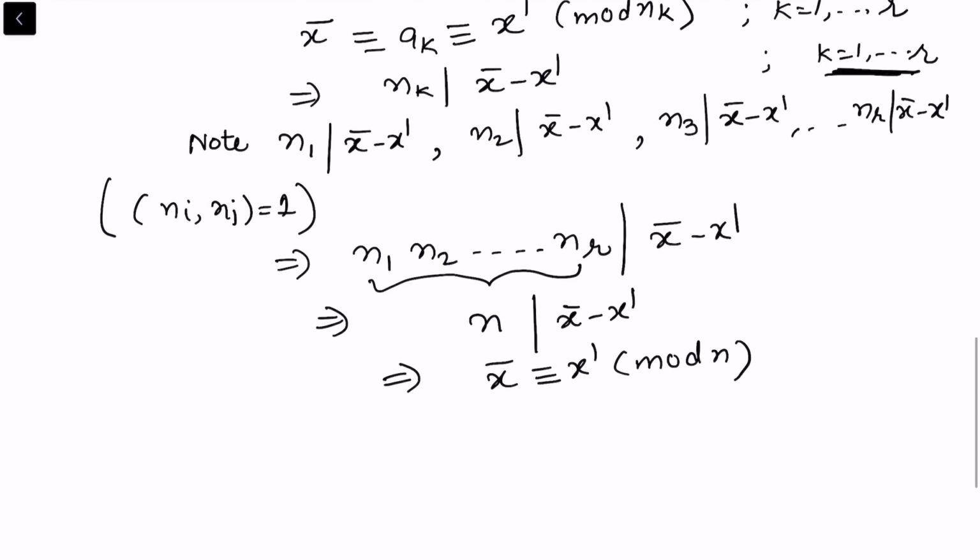Because they are congruent to each other, not incongruent, they will not be considered as two different solutions. In fact, they are in the same class, so the uniqueness property holds, and hence the Chinese remainder theorem is proved.